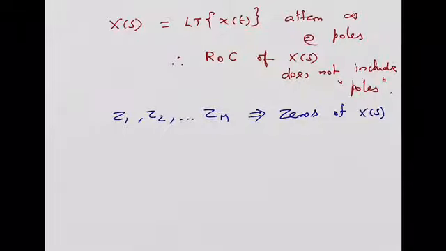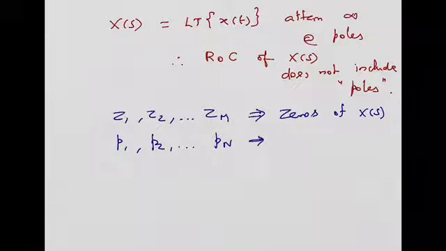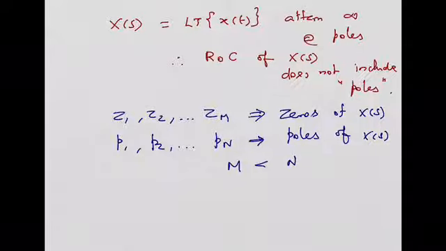Similarly, what are the roots of the denominator polynomial? P1, P2, P3, P4, Pn. You can find these out. These are all called poles of X(s). Normally in a realizable system, the number of zeros will be lesser than the number of poles. Also, for every zero we can associate one pole in general. So we have a finite number of zeros, and the finite number of zeros will be lesser than the poles,